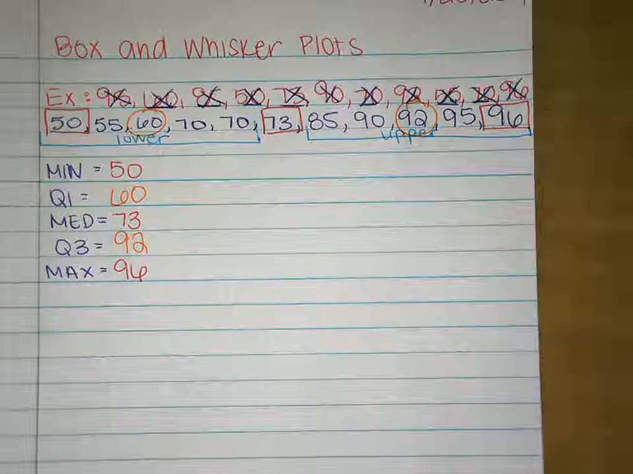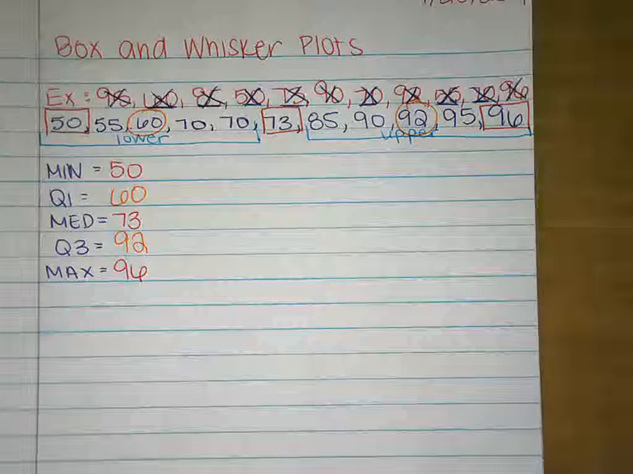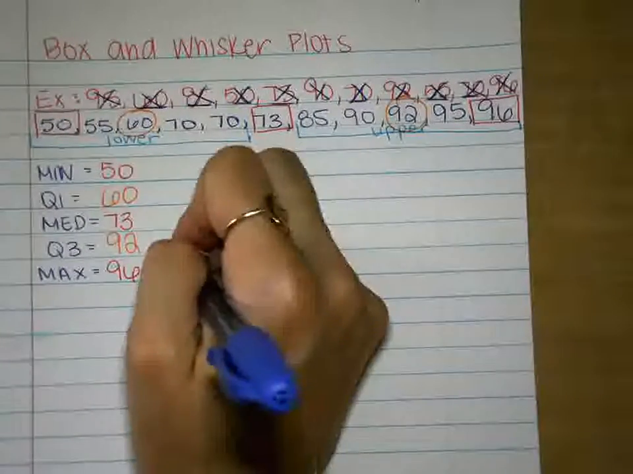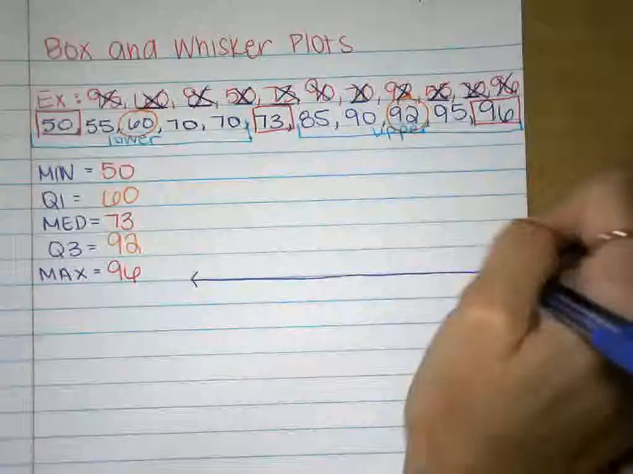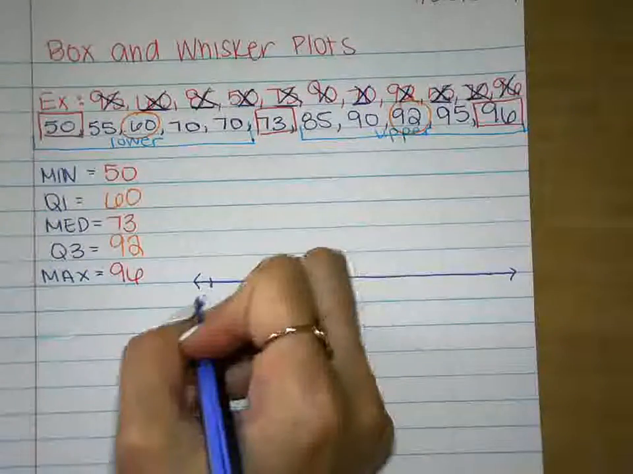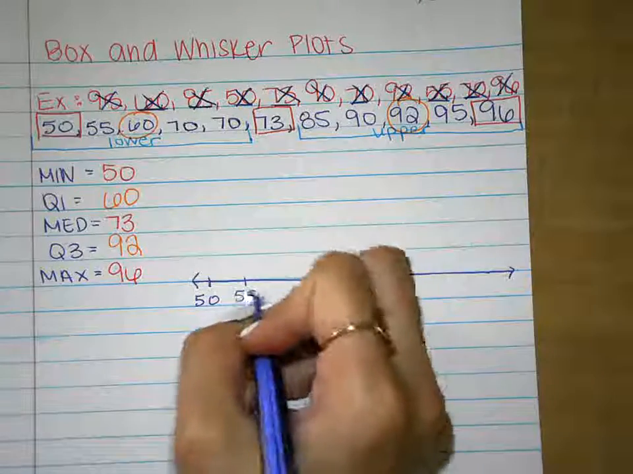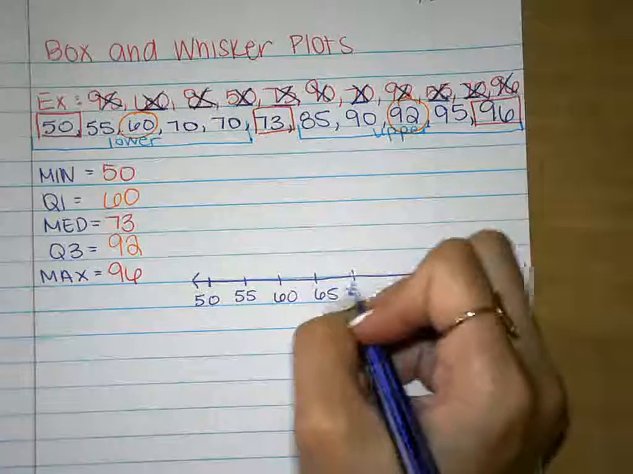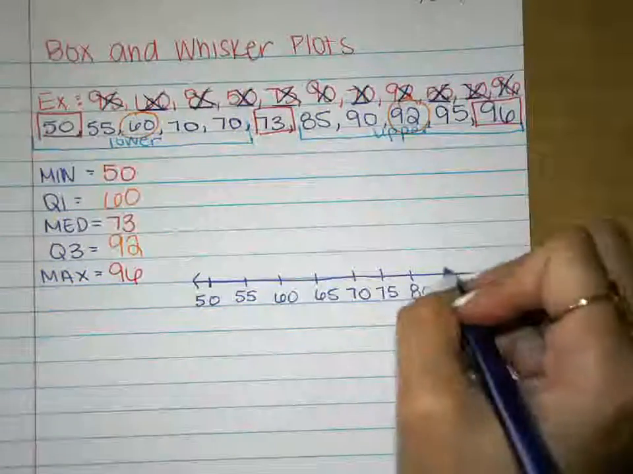Once you have done that, you can then draw a number line because we need to draw our box and whisker plot, which is our last step. So in order to draw a box and whisker plot, we draw a number line just like line plots. Okay, I want the smallest number first, so I'm going to start with 50, and I'm going to count by 5s. 55, 60, 65, 70, 75, 80,